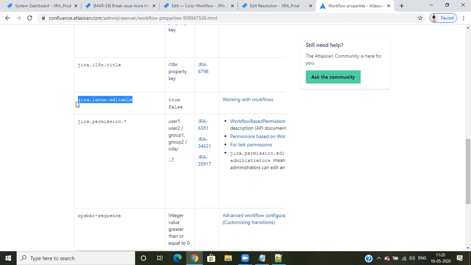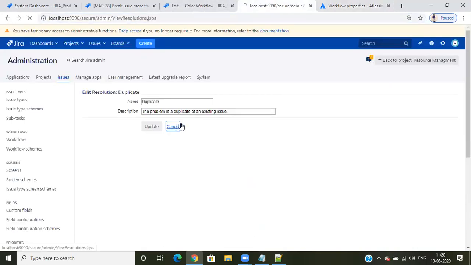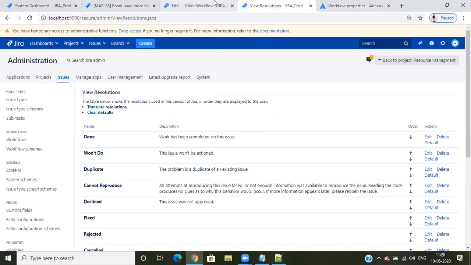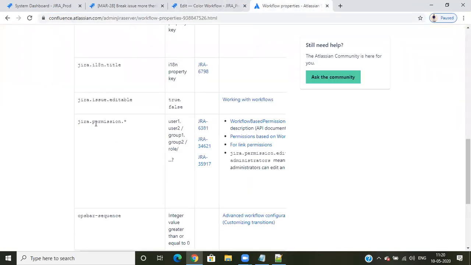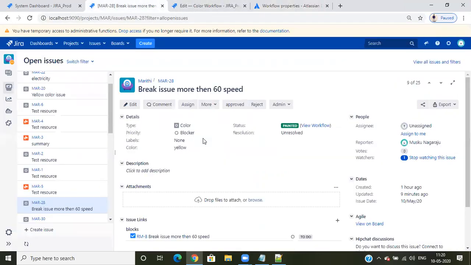First I'll tell you these things. What is this field, jira.issue.editable?